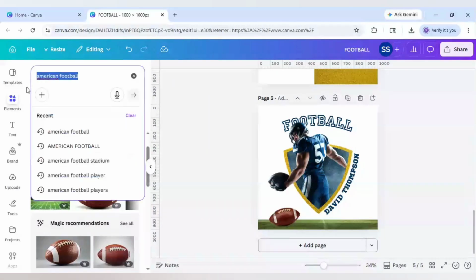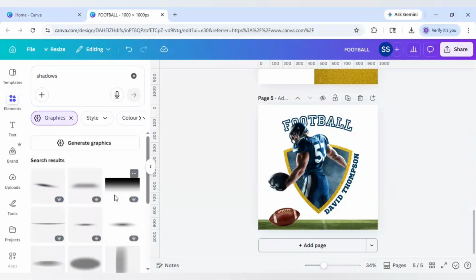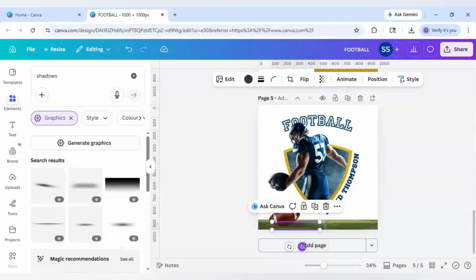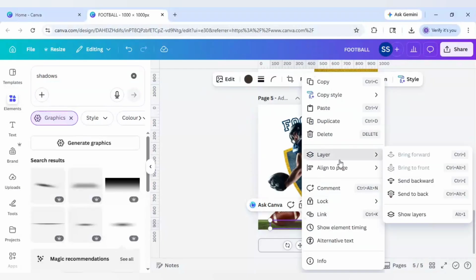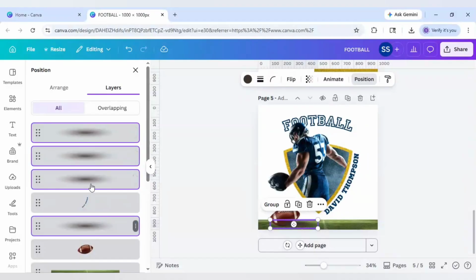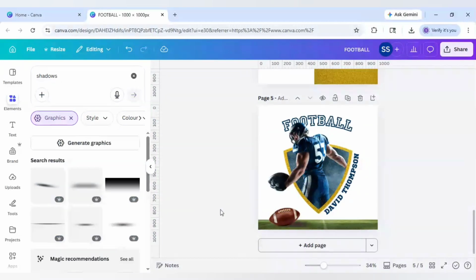And use the shadows. Go to graphics, click on see all and use the shadows part. And duplicate it to make it more darker. Okay, and now right click it, go to layers and select all the shadow layers. Move it just below the football layer. Okay, so the shadow part is also created, and this is how you create the football pop-out poster design in